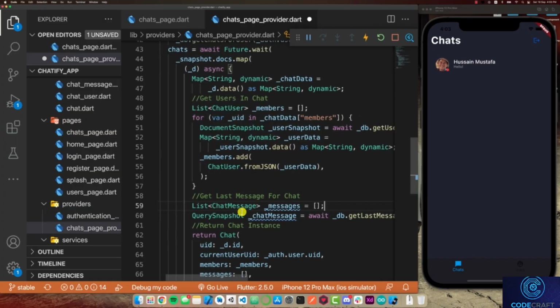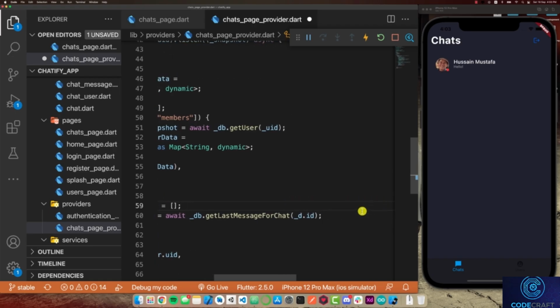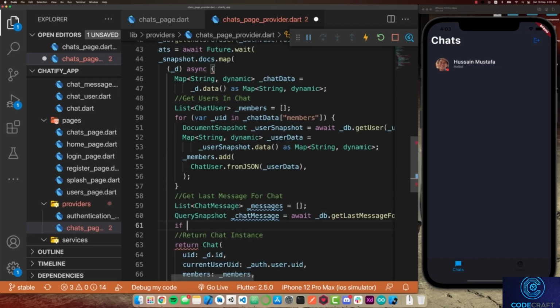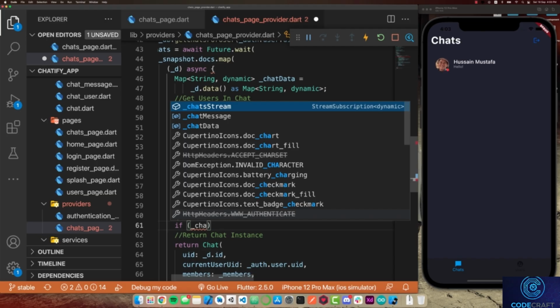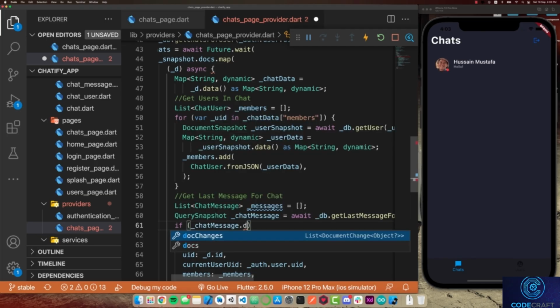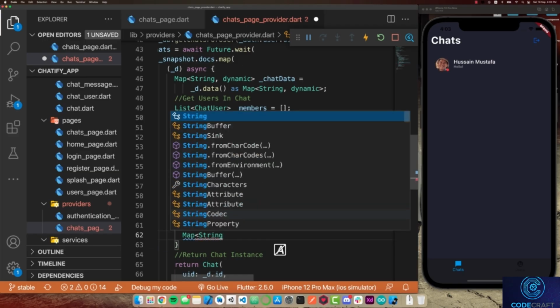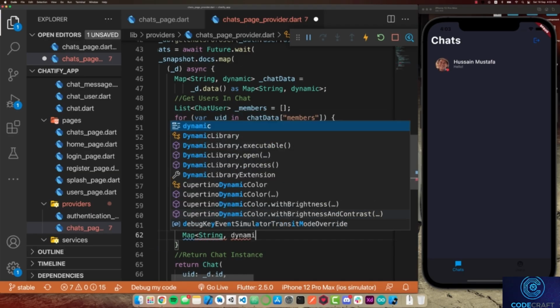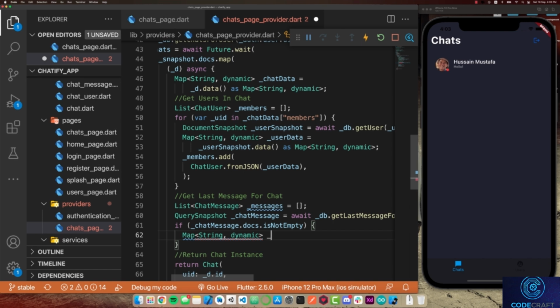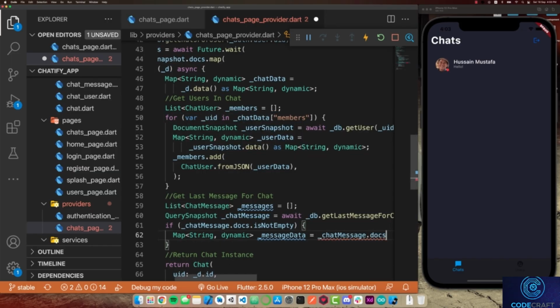And then once I have access to the chat message, I'm going to have an if clause. So I'm going to say if the chat message.documents is not empty, then perform the following actions. What are we going to be doing? Well, we first got to extract the data for the document. So I'm going to do String, dynamic for my map's type, and I'm going to say it's going to be message data, and it's going to be equal to our chatMessage.docs.first